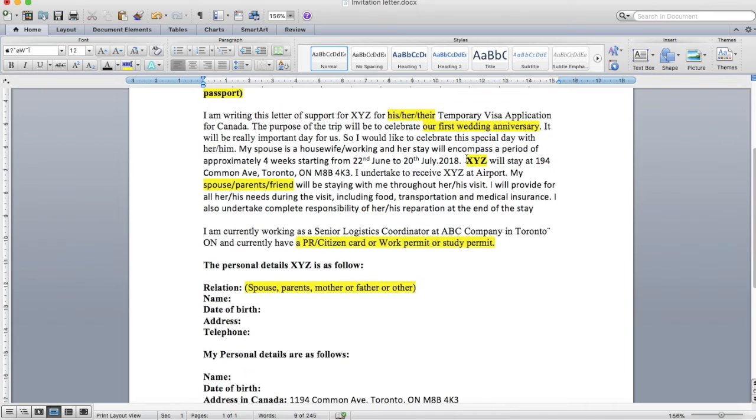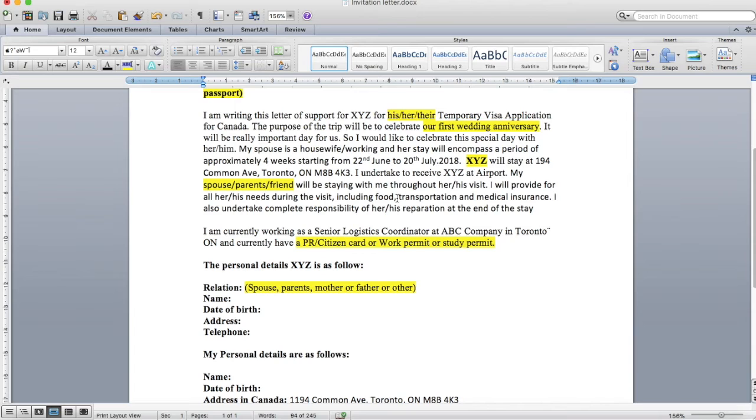Then just explain to the visa officer that you are going to take care of her or your parents during their trip to Canada. Just for reference, I have written that I will be going to pick up my parents or my spouse, and I will take care of their food,